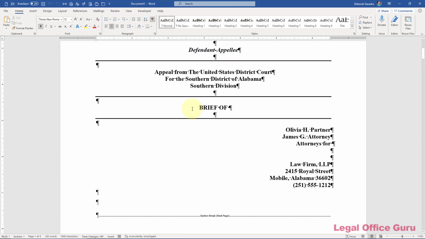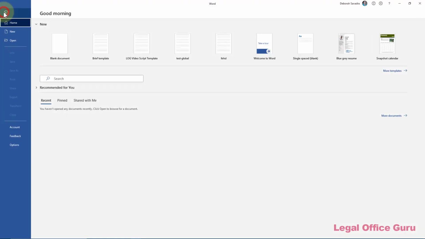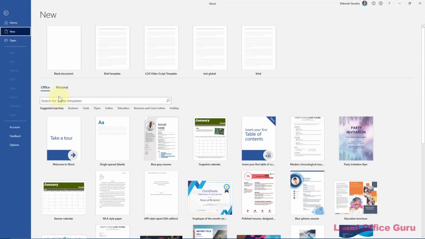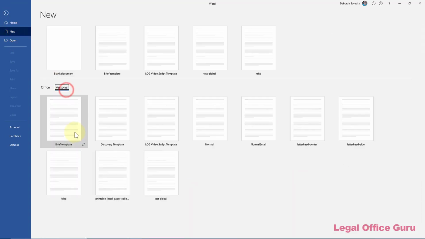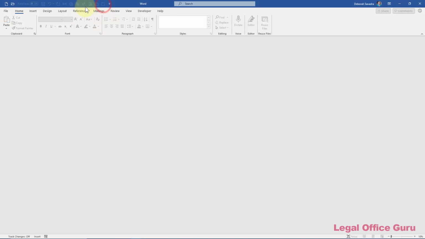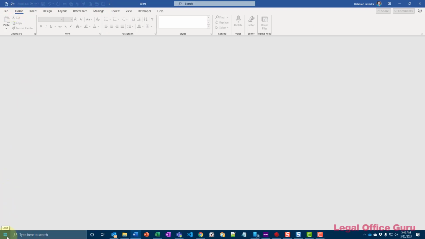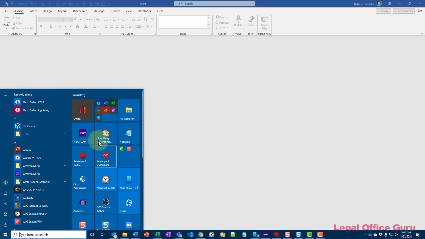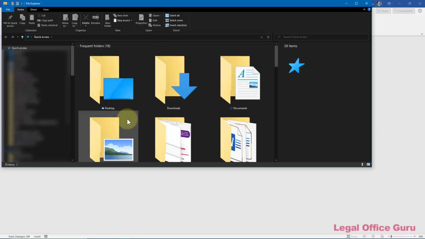Now, if you ever need to alter your brief template, you're not going to be able to do it this way. You're not going to be able to go to File, New, and open it here, because that's just going to create a new document. What you're going to want to do is navigate to your template location in File Explorer,